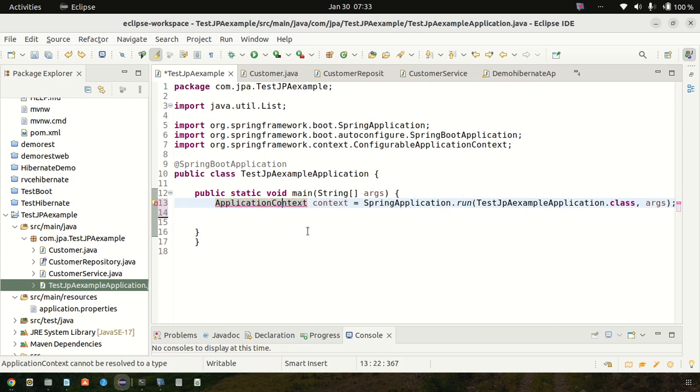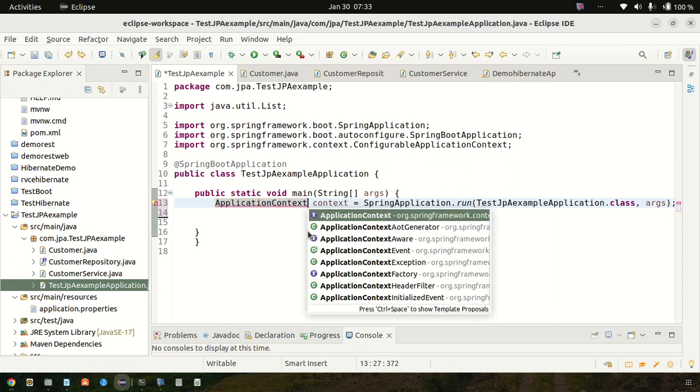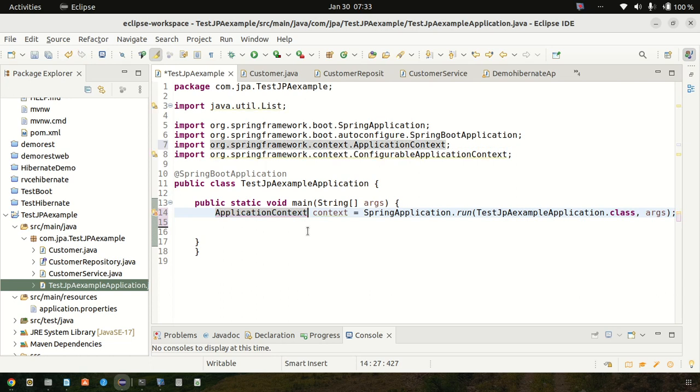So this is an application context. So we got an application context with respect to the Spring application. So we are going to request a bean for doing the next particular process. So the customer service,